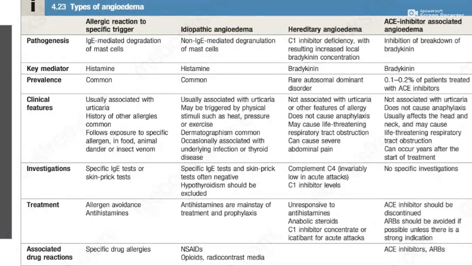But if you have angioedema resulting from ACE inhibitor,